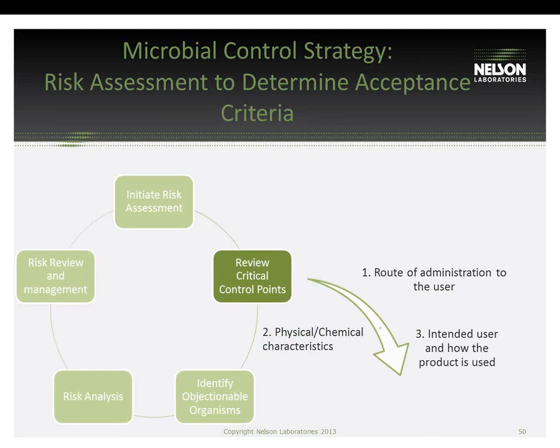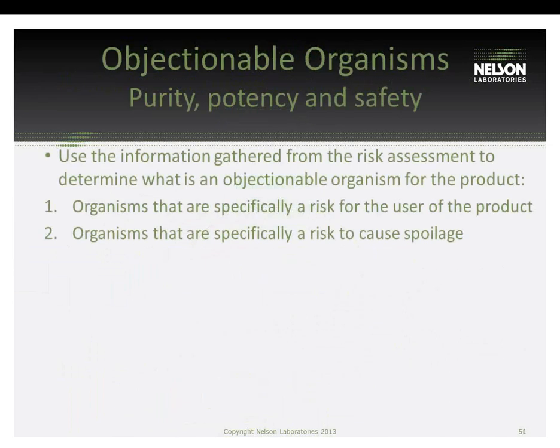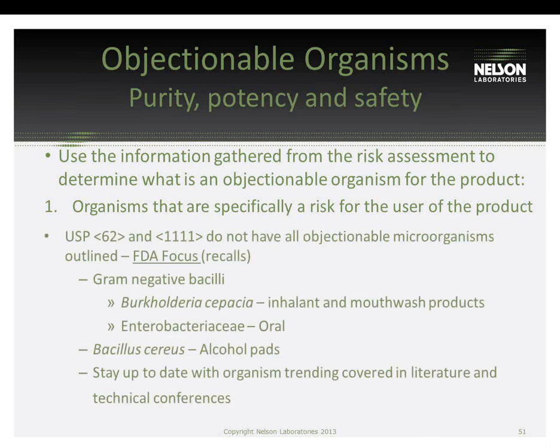So next, we want to use that information and identify the objectionable organisms. Again, that definition of objectionable organisms is not 100% clear, but generally you want to look for organisms that are specifically a risk for the user of the product and organisms that cause spoilage. So for the user,